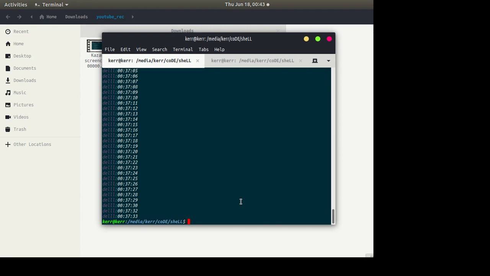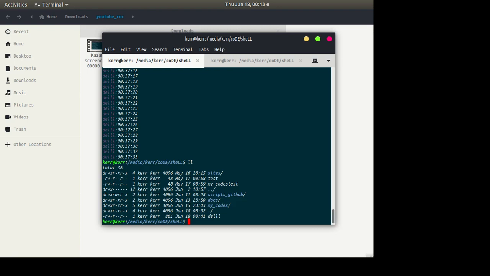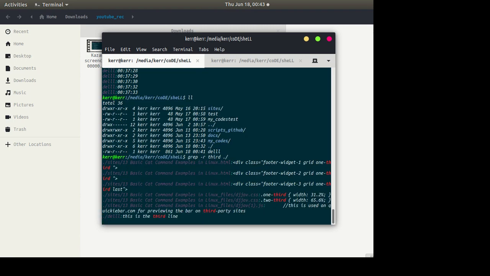This -r option does a recursive search, so you can find which file contains a particular pattern. There are this many files. Using the -r option, you use a pattern like third, meaning you want to find this pattern in this directory. The output is this: the del file contains the pattern.